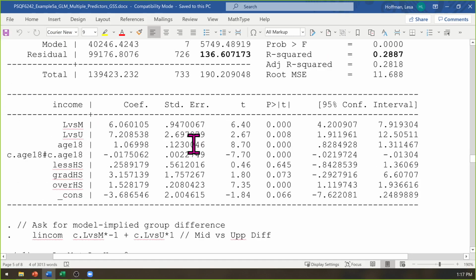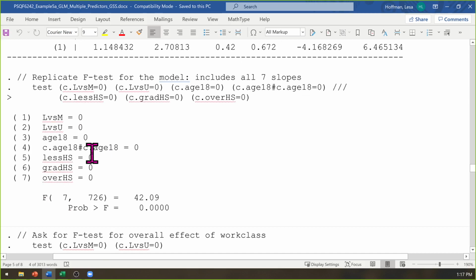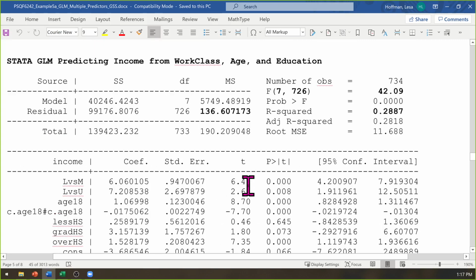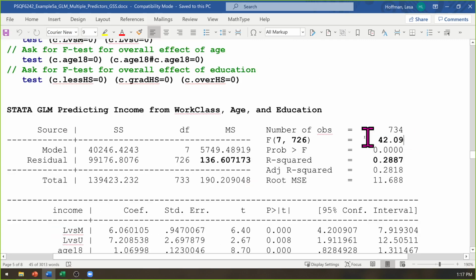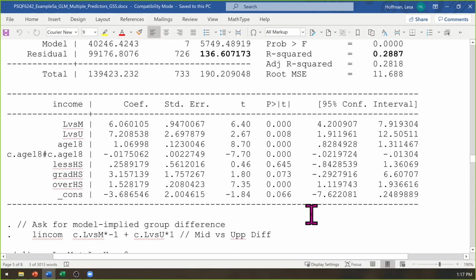So the F tests that I've requested show up down here. The first one, the one that I did for pedagogical purposes, lumping together all 7 slopes, the F for that is 42.09, which is not at all coincidentally the same 42.09 that's up here, because that's what it's doing. The other ones are the new ones.